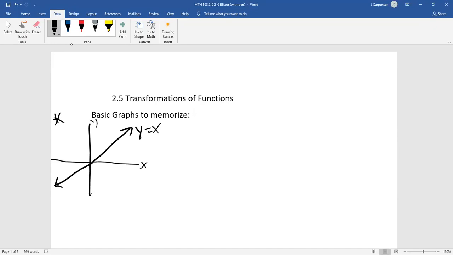I wouldn't even do this with the method we're going to be learning in 2.5. I would just find 2 points and plot them, or use the first point and a slope to find a second point and plot them, like we did 2 sections ago in 2.3. So that's why I have an asterisk next to this one. I really don't think this should just be flat out memorized to try and transform it by moving it up 3 and right 2 or whatever. So that's kind of the odd man or woman out. The ones that I really suggest memorizing are,